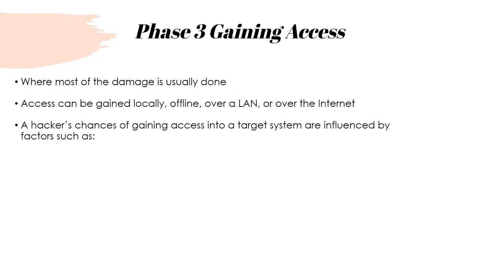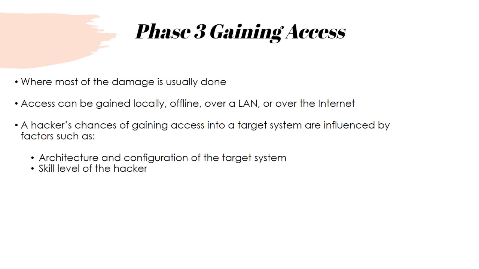And a hacker's chance of gaining access into a target system is influenced by factors such as the architecture and configuration of that particular target system, how it's mapped out, how everything's connected, if one is connected to the other, what's the proximity, right? What's the area of coverage? And then the skill level of the hacker, how advanced are they, what kind of tools and techniques do they have,